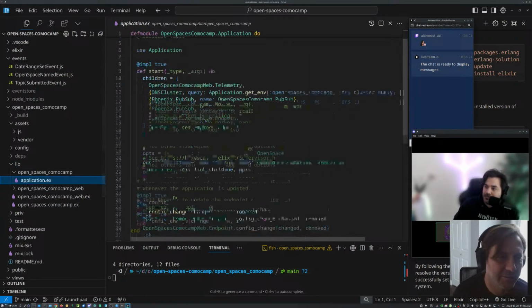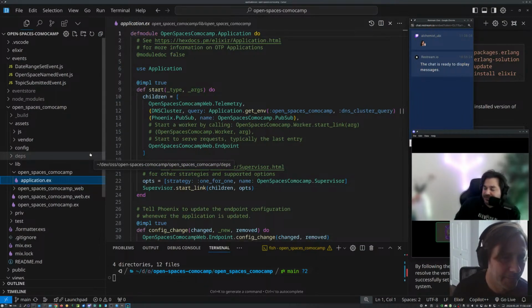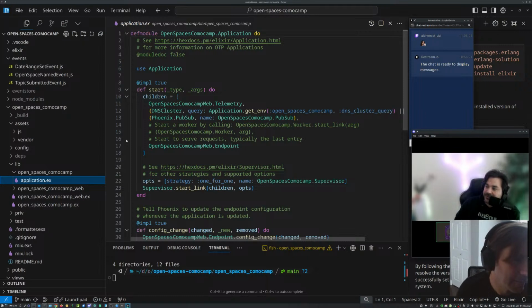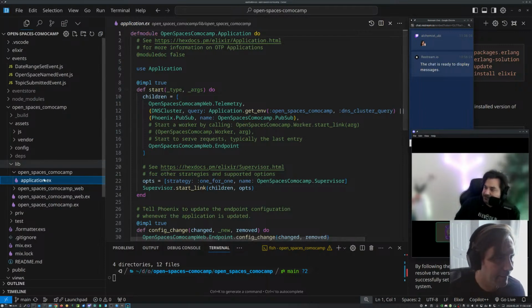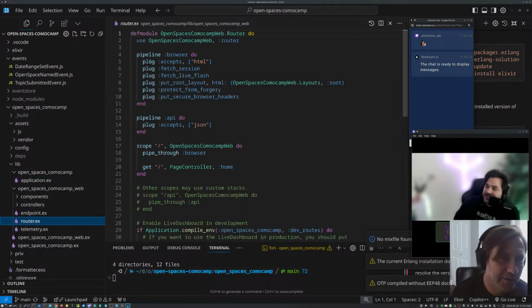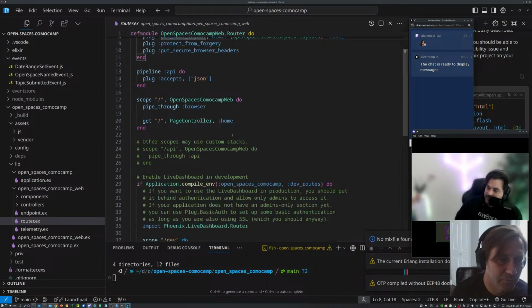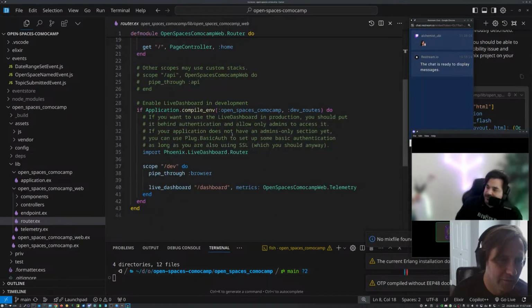Okay, so there's the application. Private is basically static files that you want to put as part of the binary, right? Okay, so private is like assets, HTML, CSS. And then web is where my controllers are, the router. Yeah, basically everything that is related to Phoenix itself, for the most part, we put in the web. And everything in the other one is, for the most part, agnostic of the web.